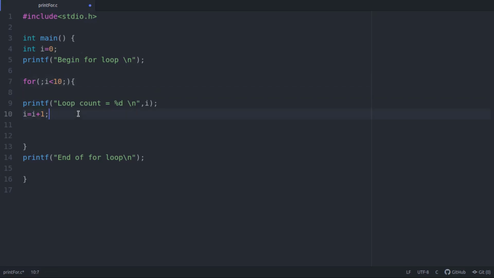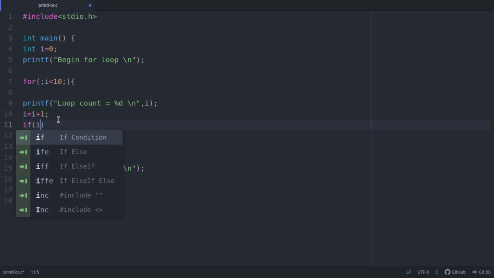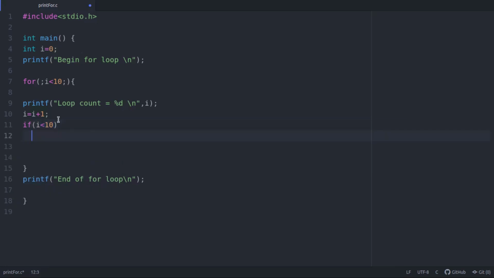All right. Let us say you don't even want to give the condition here. You want to give the condition inside. If the value of i is greater than 10, then you want to break out of the for loop. That is also okay. You can remove the condition also from here, right? But you still need these two semicolons. So a for loop can work like this also. You can have initialization outside the loop, you can have increment somewhere else, you can have the condition check somewhere else. Right? As long as two semicolons are there, syntactically the for loop works.